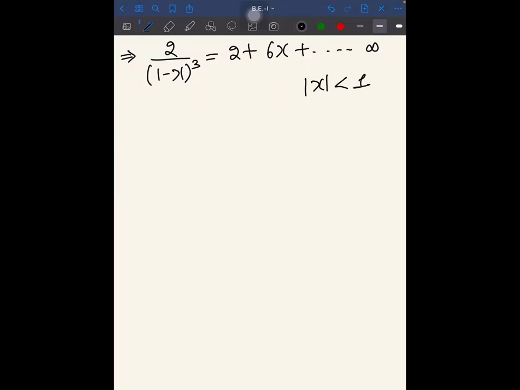Similarly, it's not only true for differentiation, it can also be used for integration as well. So let's say you know that if you take 1 plus x, then your series will become this, right? Are you with me on this? Yes, sir. So this is also a GP, but having a common ratio of minus x. That's why here you have plus x.